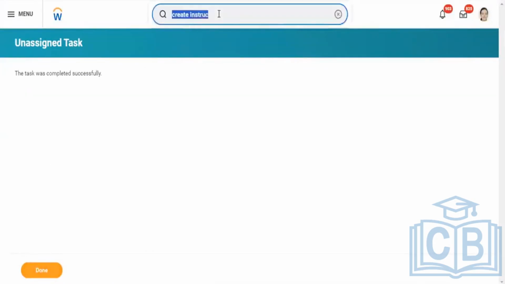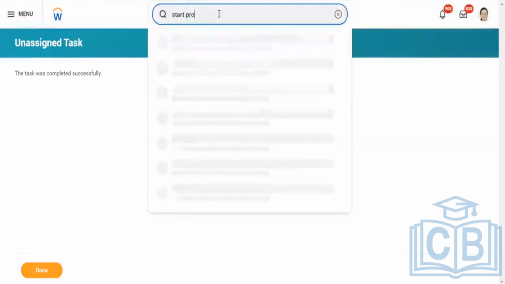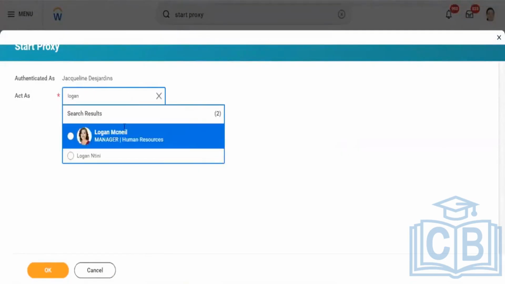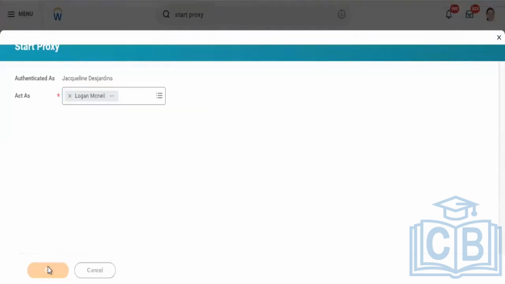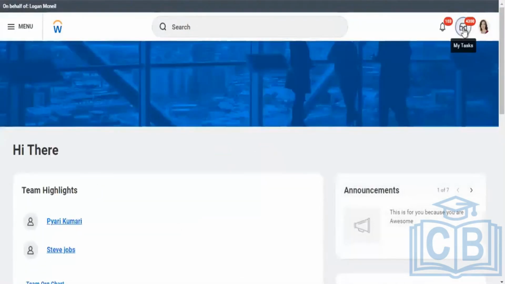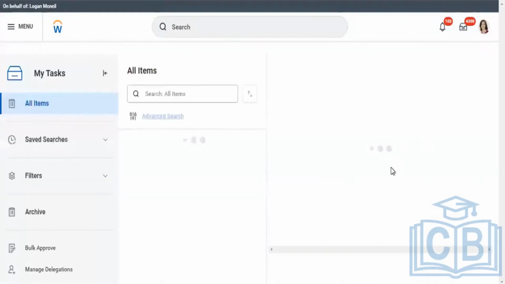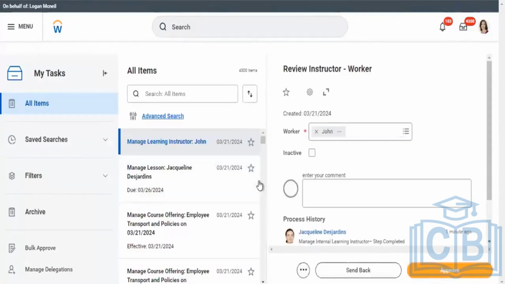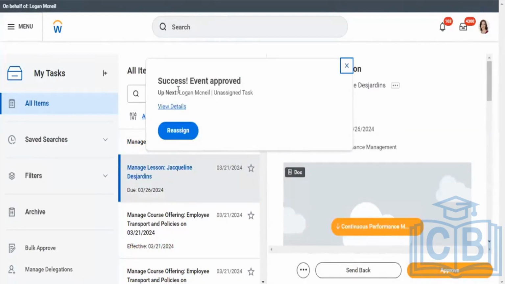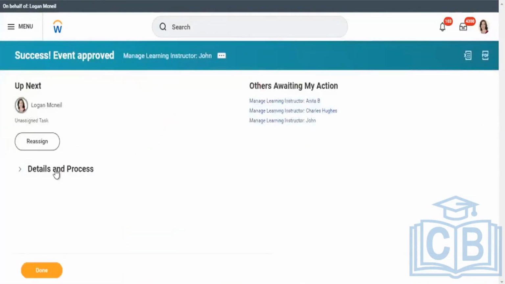You can see, since it has gone for Logan's approval, you should be seeing a task in her inbox, asking to approve the instructor they created, and Logan is approving that. John can be an instructor.